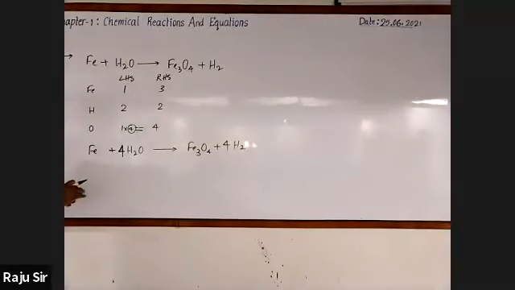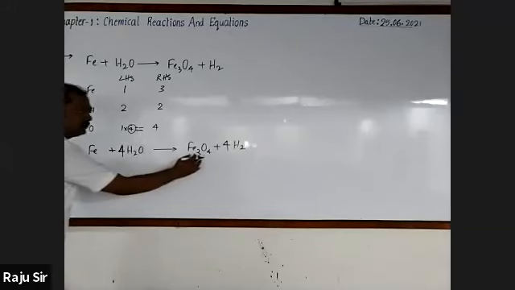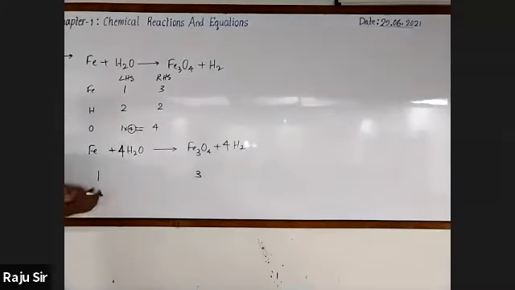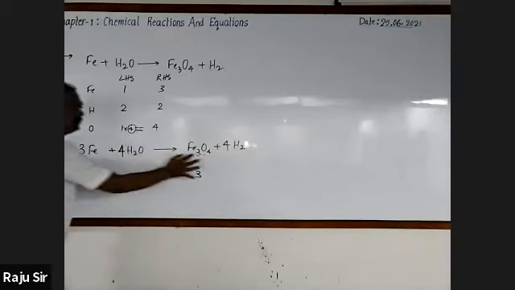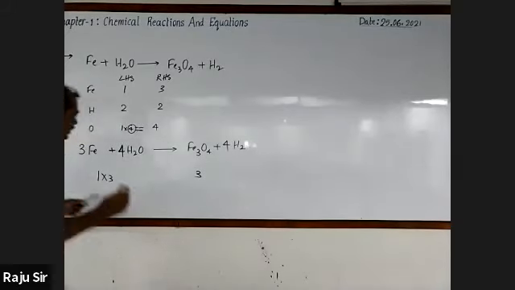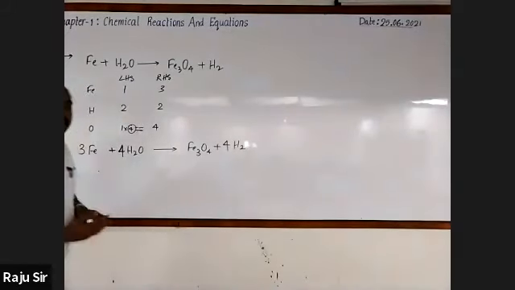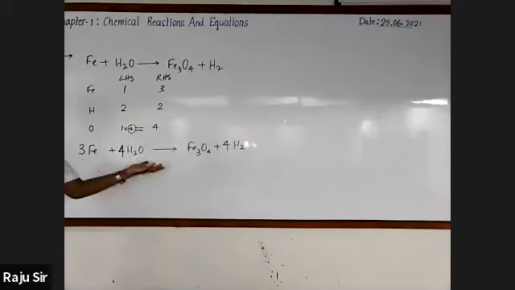Then we will take another element, that is iron. This is the left element. Now we have to equalize this because in the case of iron, the number of atoms on the reactant side is 1 and on the product side is 3. It should be equalized, so 1 should be multiplied by 3. Here 3 atoms of iron, here 3 atoms of iron. So totally the equation is balanced. So this is the balanced chemical equation, right?